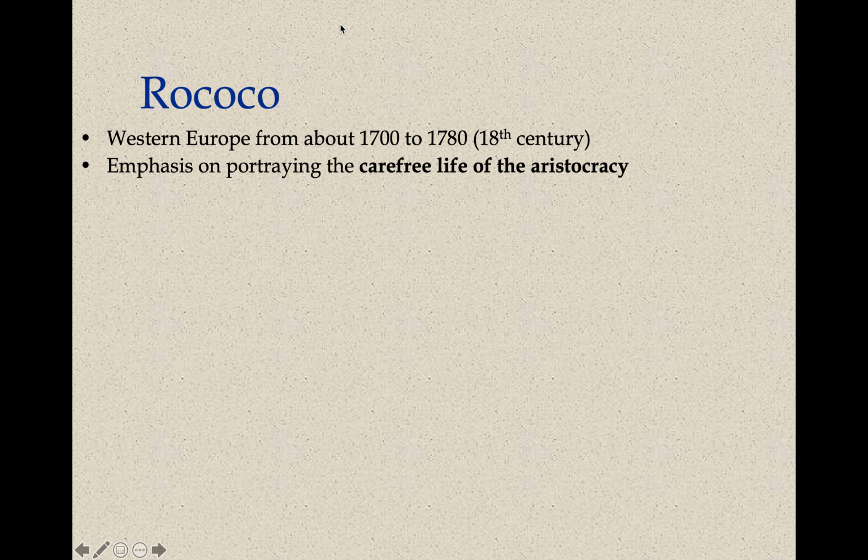Now, really important for us to understand, ladies and gentlemen, we've talked about art a lot in this class. Baroque art, Mannerism, Renaissance art, Northern Renaissance art. Again, art, important theme for us. Make sure we're taking really good notes. So the aristocracy with Rococo. We're going to see this art form really personified with the court of Louis the 15th, also Louis the 16th, and really personifying that privilege.